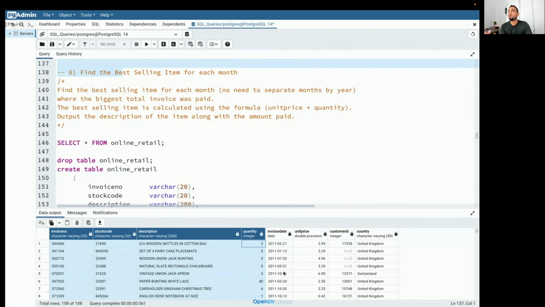And then what else? What would be one more? Okay, so Adam tells rank. Yes, maybe we will need to use rank because we might get multiple items sold in a month, right? And we can group the data for each month by using the group by clause. Then we can maybe sum together all the total sold price for that item. Each month might have multiple items sold, right? We need to find the highest, the best selling item. That we can find by giving a rank for each of the items based on their selling price, and for that we may need to use a rank function, right?